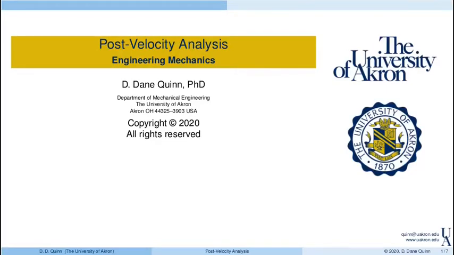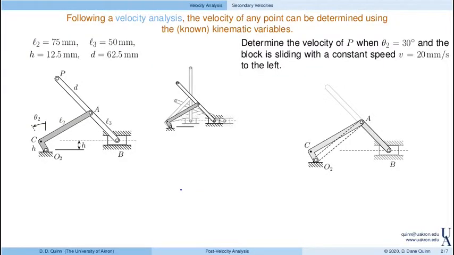And for today's video lecture, we'll deal with sort of a post-velocity analysis. So what can you do once you've finally finished that velocity analysis? The position analysis gives us the configuration of the mechanism, and the velocity analysis then gives us a description of how that configuration changes. So once we know that change in configuration, we can really go and determine the velocity at any point. So we'll go through an example today, and here I have a mechanism,